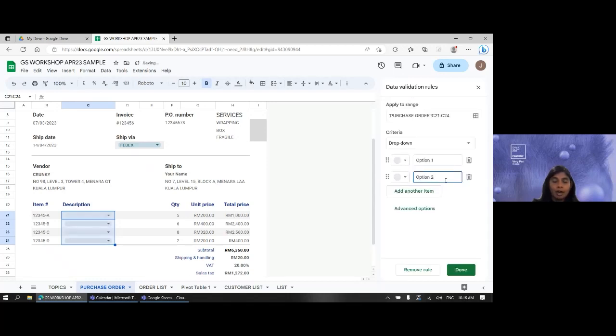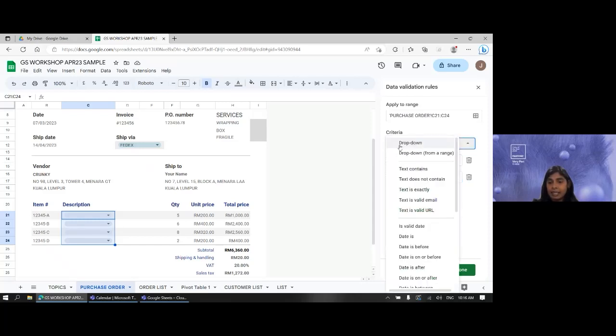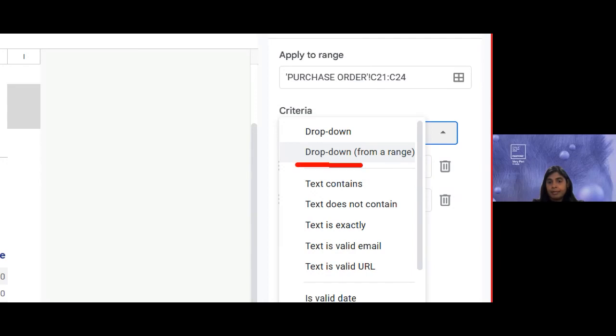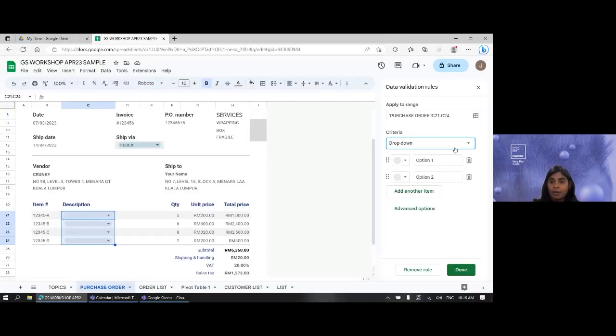So the rule will be on the selected cell. And with that, this is going to be a drop down. Under the criteria, we can see the drop down from a range. This allows you to choose from another worksheet or another row or column option. So when I go to this,